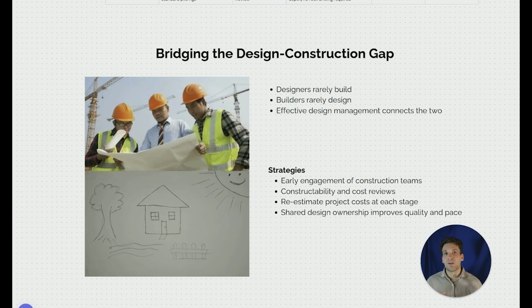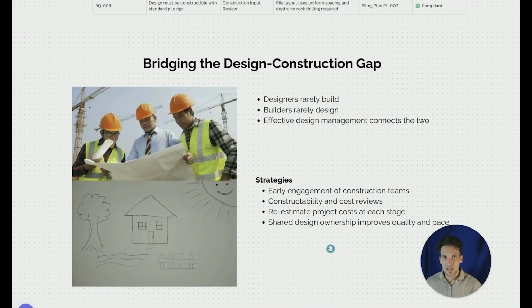So the construction team have a better idea of the design constraints and the design team have a better idea of the construction constraints. The strategies we can use to do this is early engagement of the construction teams in the design process, constructability and cost reviews through design gate. So I said that that's a typical part of the process. It is and it isn't. You often don't see it done properly, but if you have at each of the design gates a fixed constructability review, you re-estimate the construction cost,